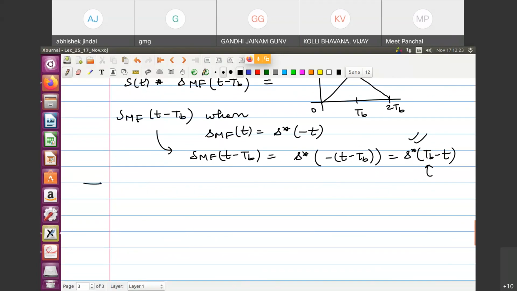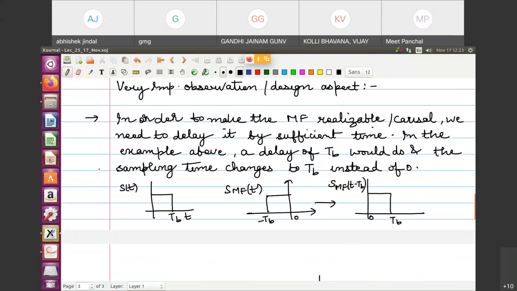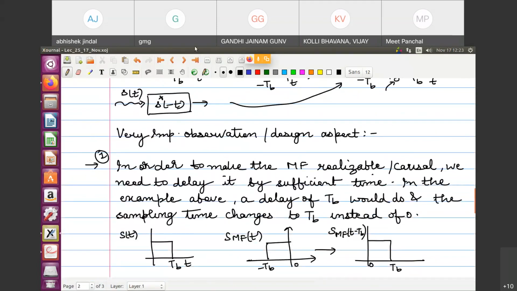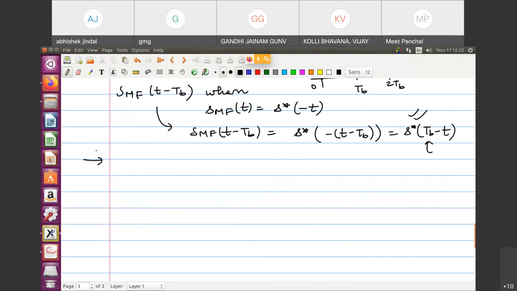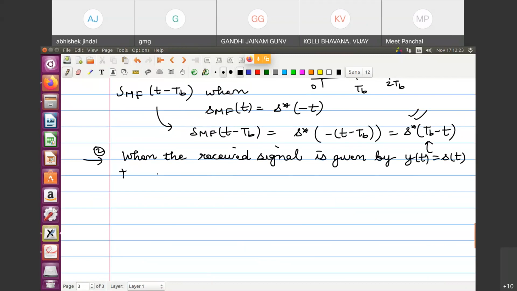In continuation, one more very important observation. This should be 1, and then we will go for 2. This is the second observation. So the second observation is, when the received signal is given by S of t minus t naught, which means it has a delay,